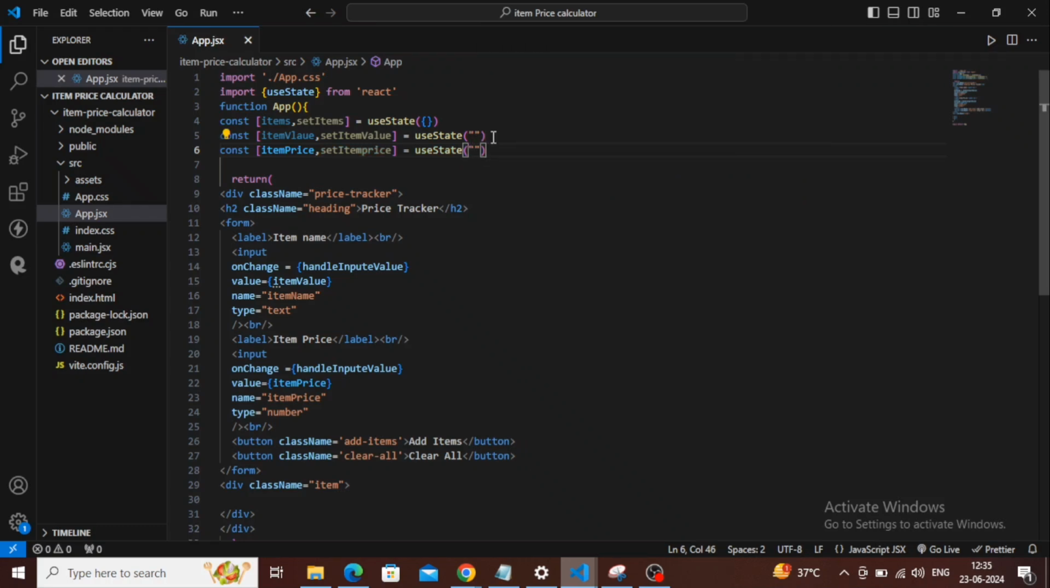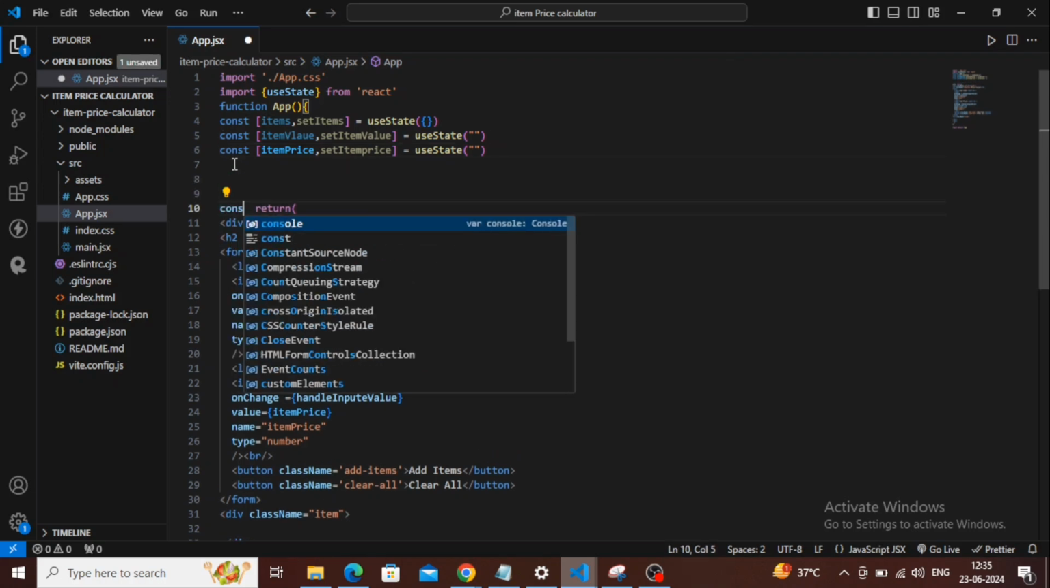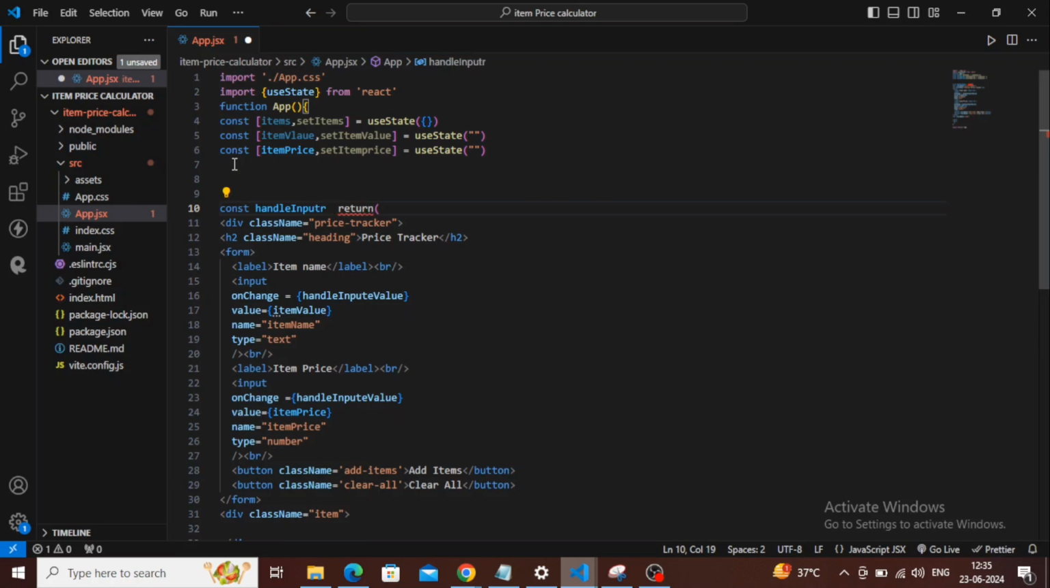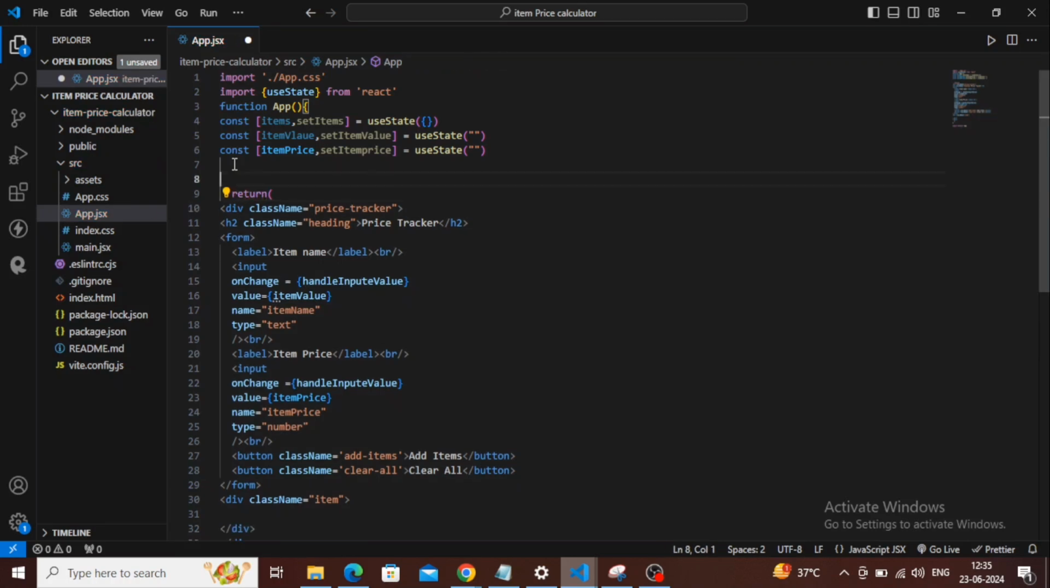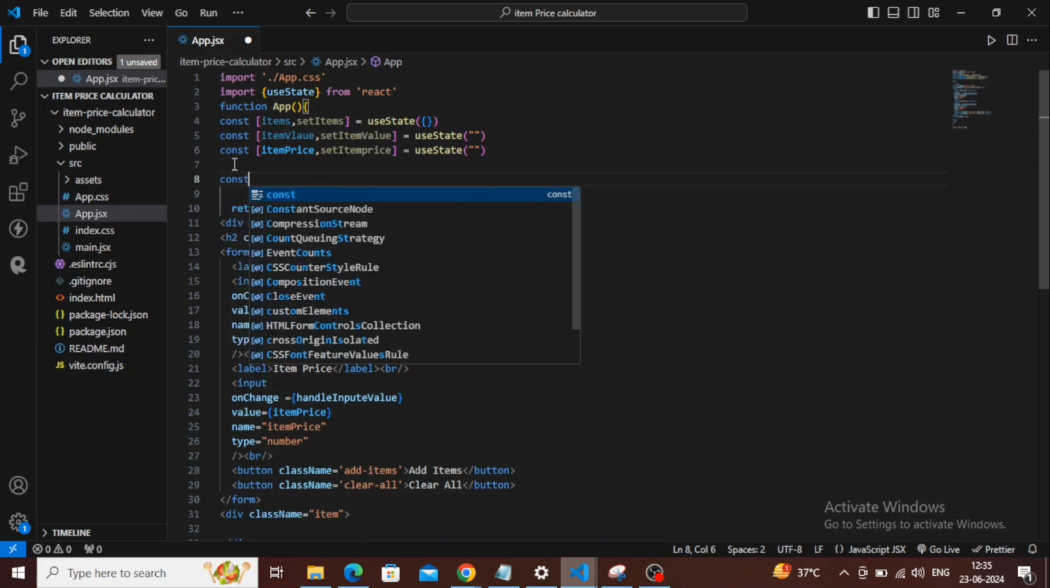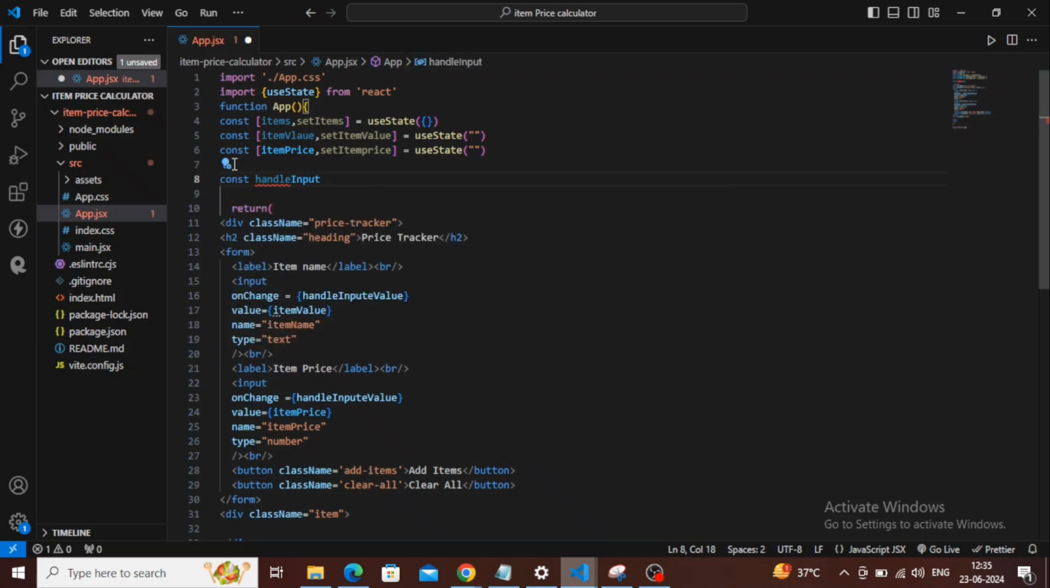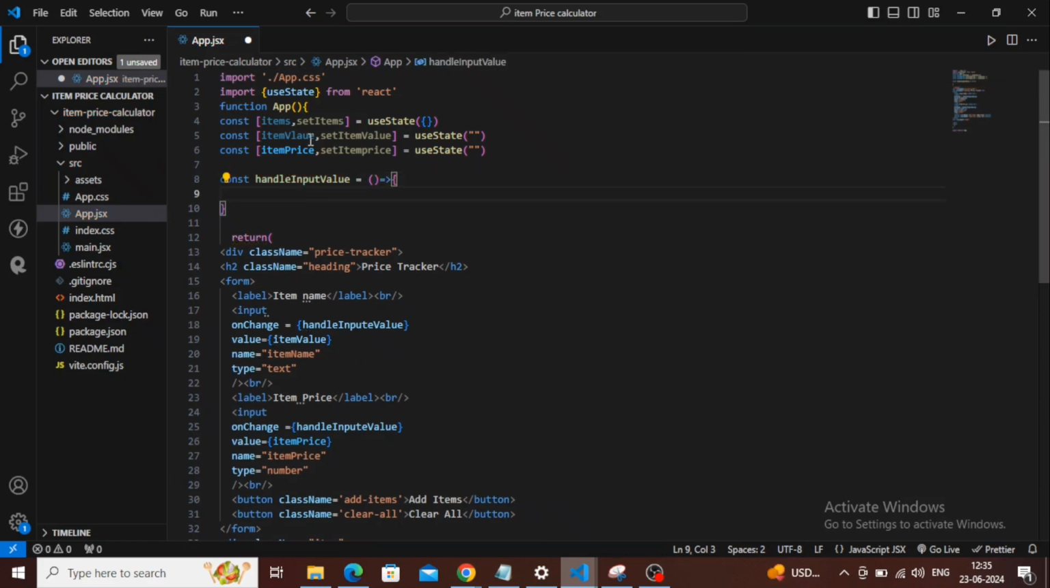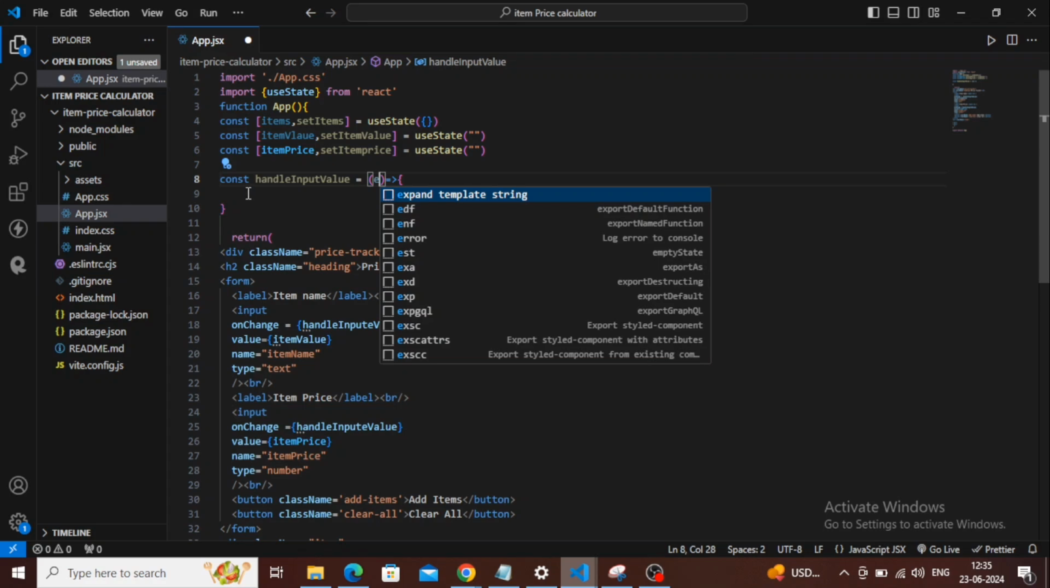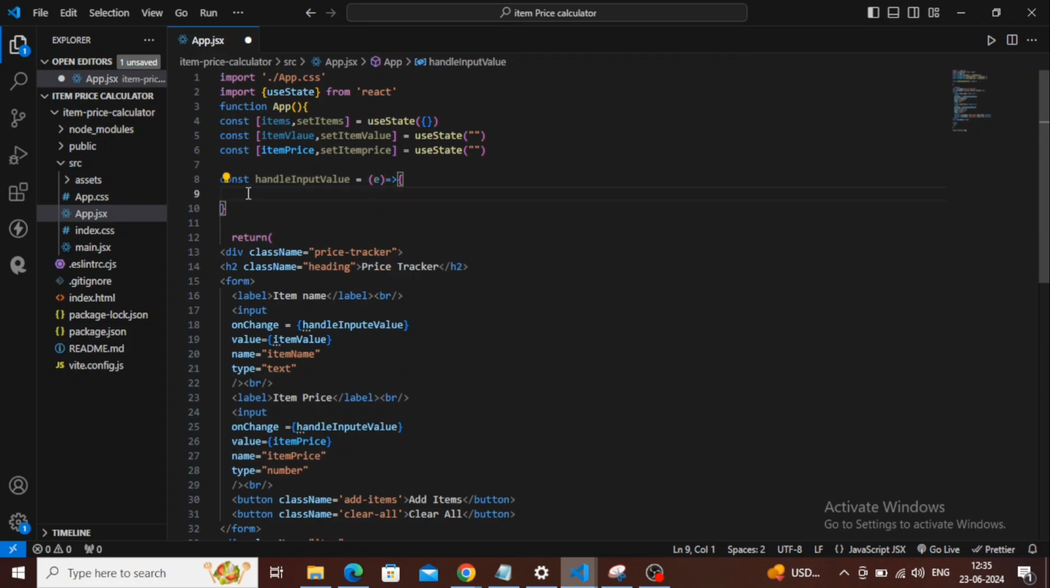Now what we are supposed to do, we will define this handleInputValue. We will write the function for this. So const handleInputValue is equal to, we will take this event here and we will denote it as e. So what we will do, this handler will handle two things. The first thing it will handle is this item value, and the second thing it will handle is the item price. So we have to check some conditions here, that if